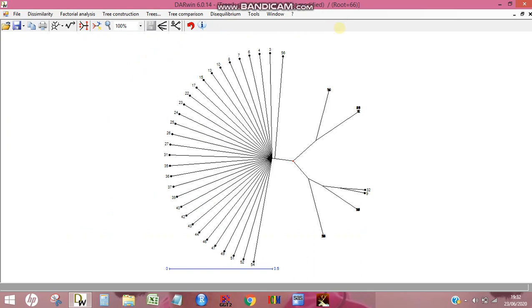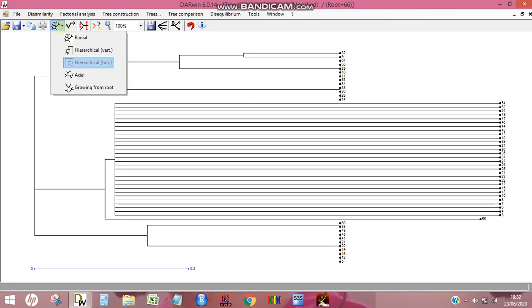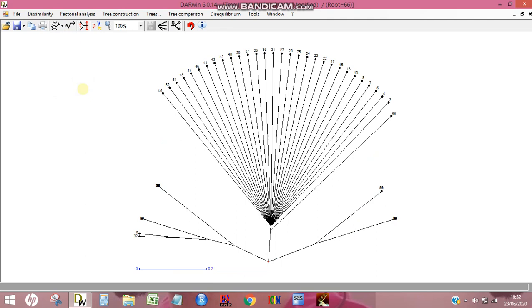This is our tree. There are many ways you can look into your dendrogram. Either radial, or you can go hierarchical, horizontal, axial or growing root, whichever you feel good about.